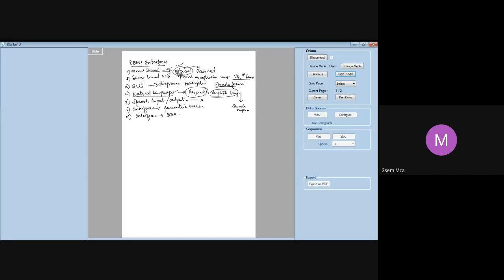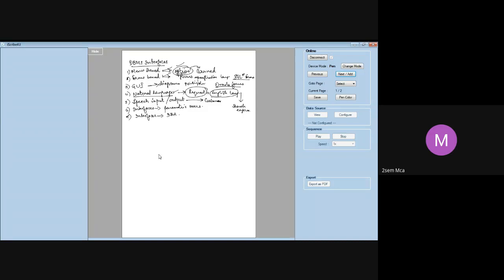Speech input output. Google Voice. Very good. Yes, Google Voice, Alexa. All of you have heard of that, is it not? That's another way of giving input, speech input and output. Like I said, Alexa is one, Google Voice is one, and we come across so many customer care phone calls, is it not? We try to call them, and then you press 1 for English, press 2 for Hindi. All that is nothing but speech input and output.